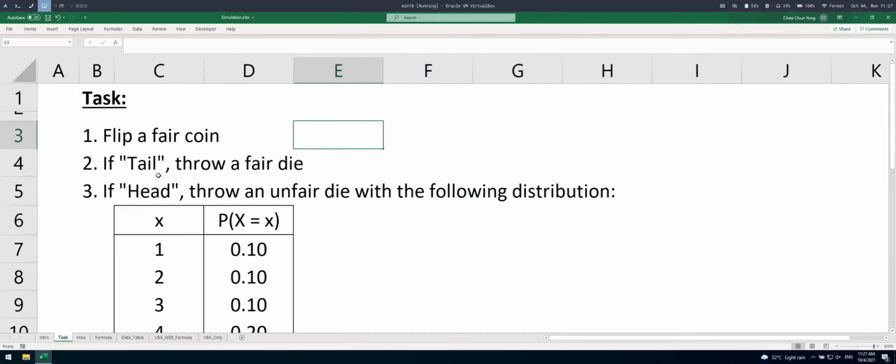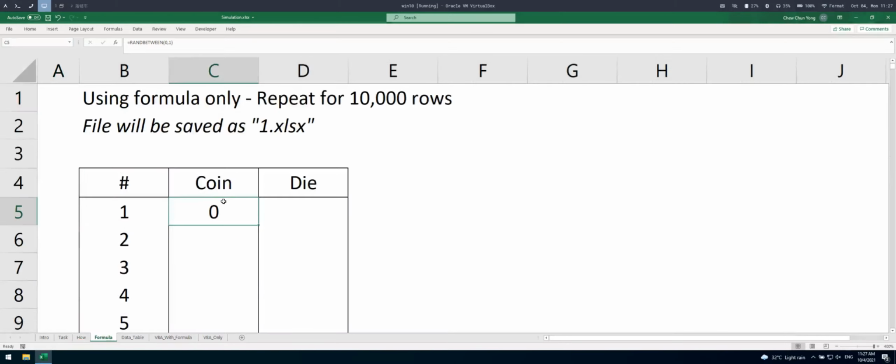If it is a head, then it's an unfair die, right? So if it is a tail, then it would be a fair die. Okay, so before that, let me just delete this one first, and then we will